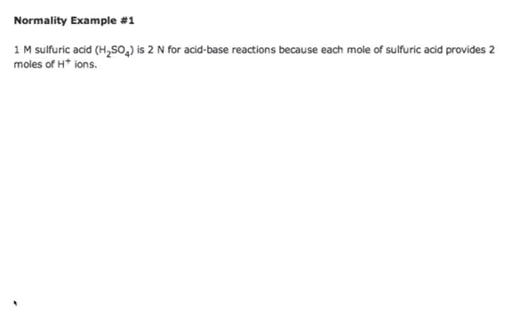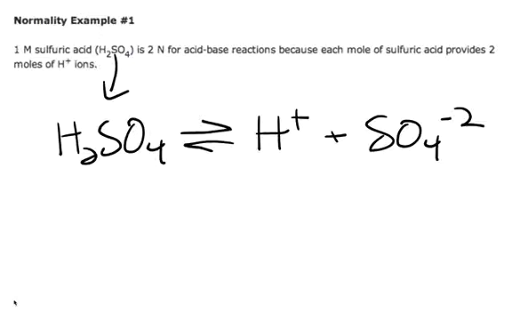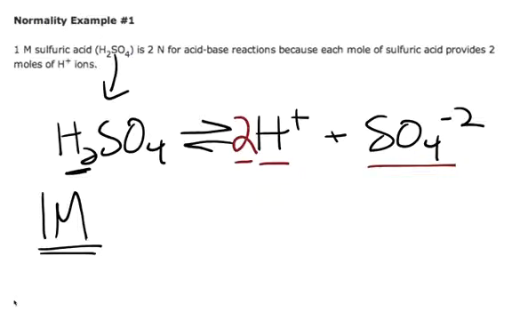Normality, a little bit goofy. What it does is, let's take this example of sulfuric acid, H2SO4. When we put this in water, it's going to dissociate into hydrogen ions and sulfate ions. But notice there's 2 hydrogen ions, so we have 2 H pluses for every sulfate. So what normality says is, yeah, sulfuric acid is 1 molar sulfuric acid, but it makes twice the concentration of hydrogen ions in solution,